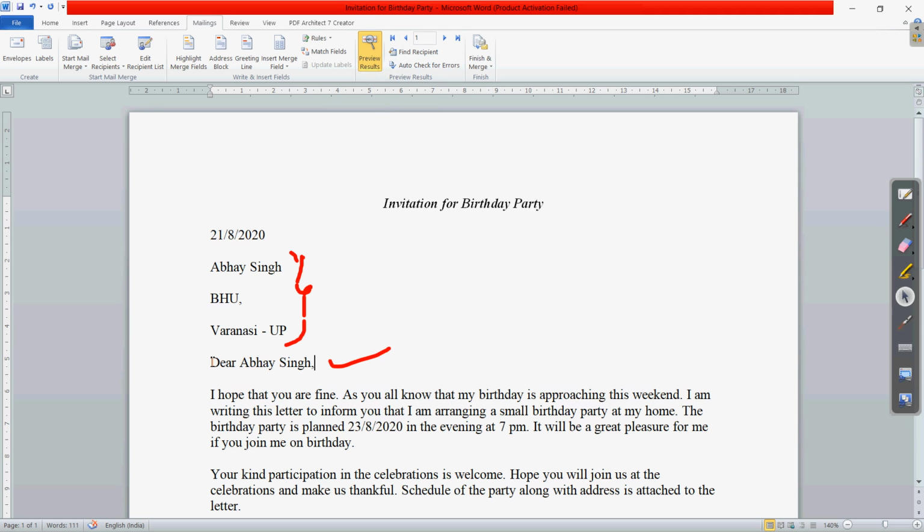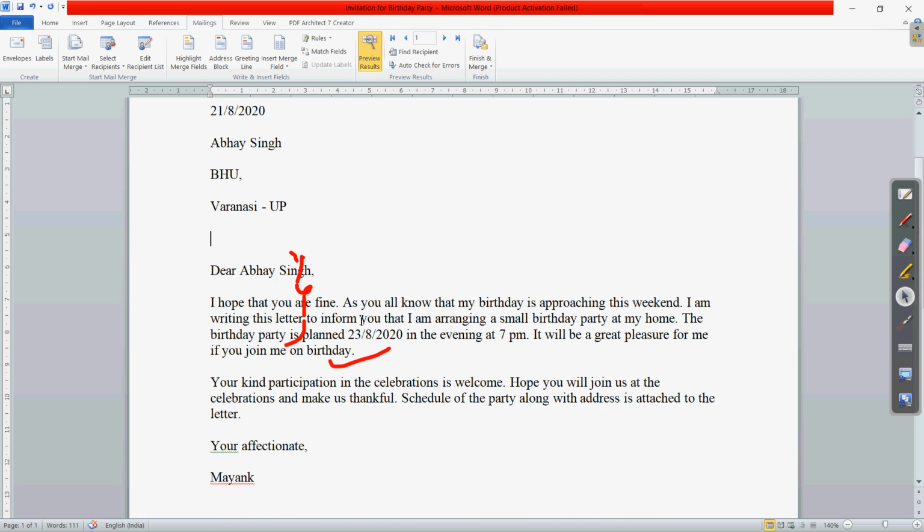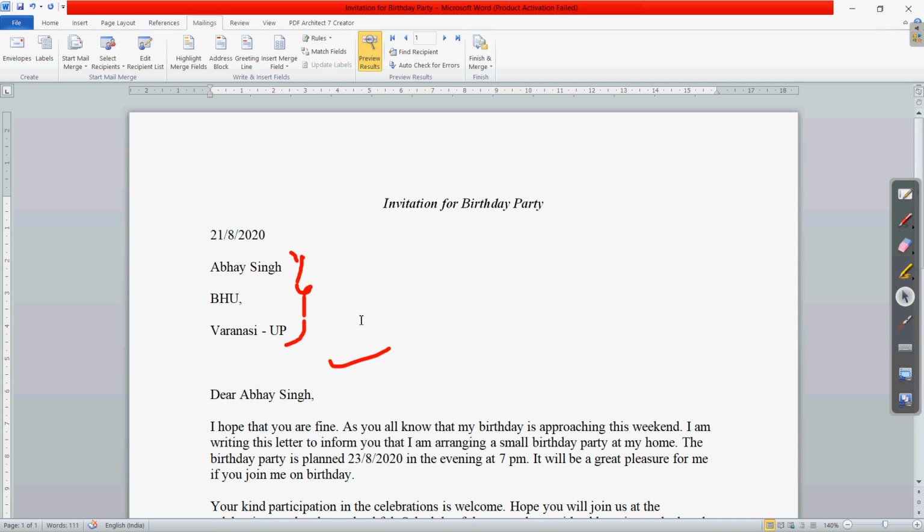So this way all the names which you have written will be included in the document. And if you want to adjust the spacing of these, you can again click on the enter key or something like that, so that you can include the space in between. Clear? So according to the settings, or you can say the format you have chosen for the address block or for the salutation, the same is being shown to you in this preview area.